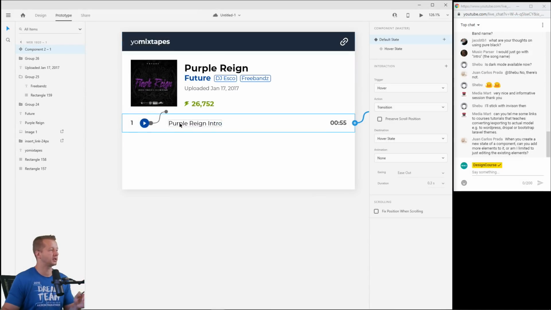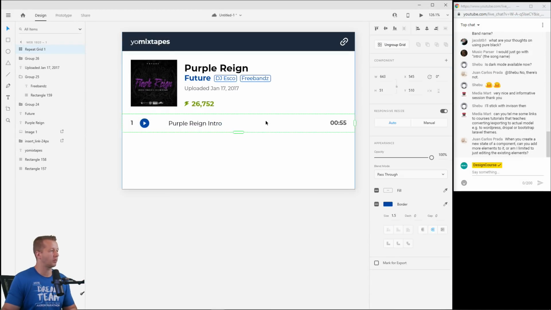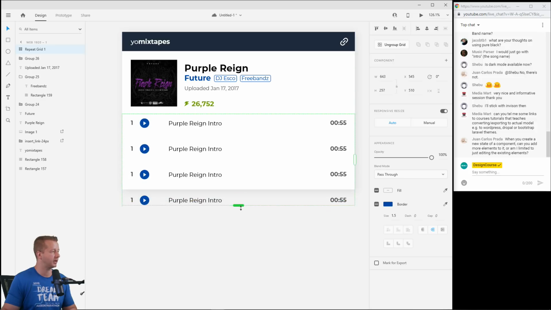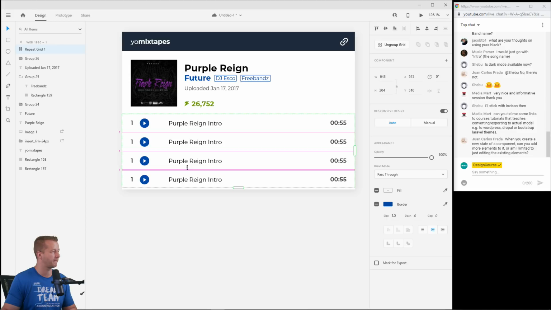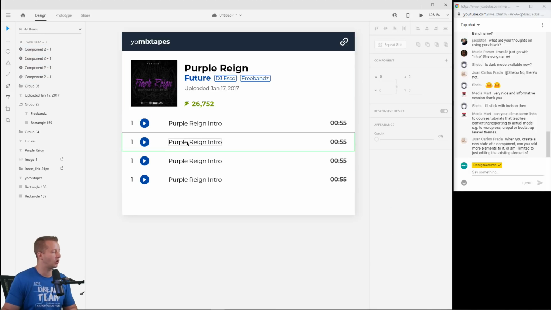Okay, so now let's go ahead and I'll go back to design. We'll repeat grid this like 4 times. Yeah, right around there, looks good. And now one thing that's annoying, let me take this and ungroup the grid. One thing that's annoying is